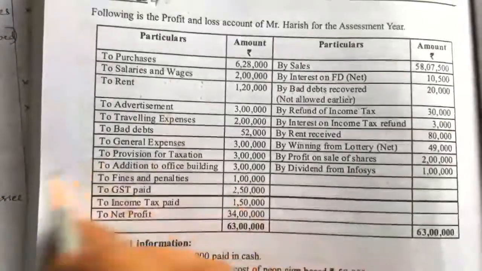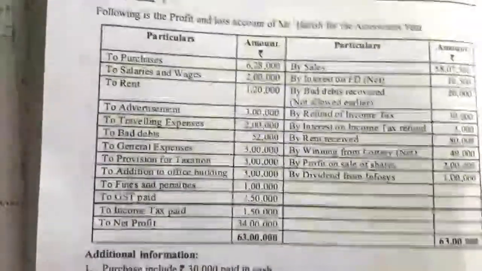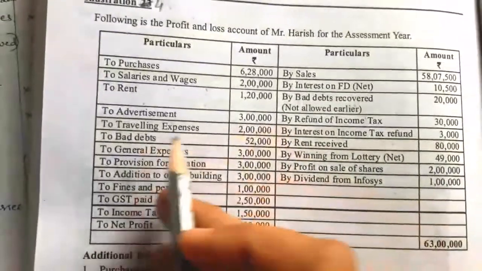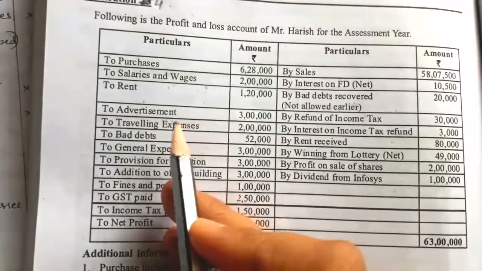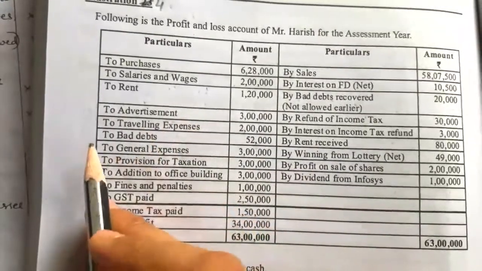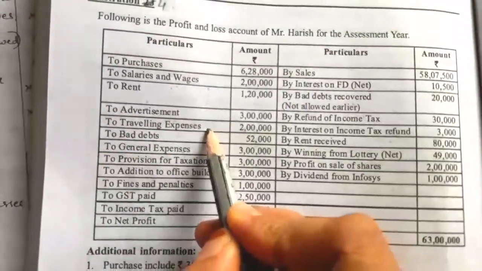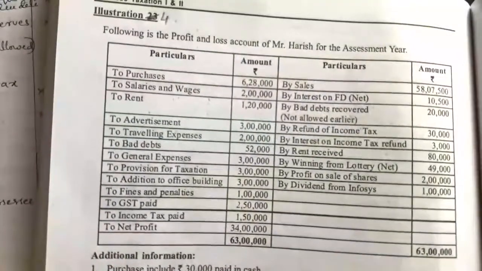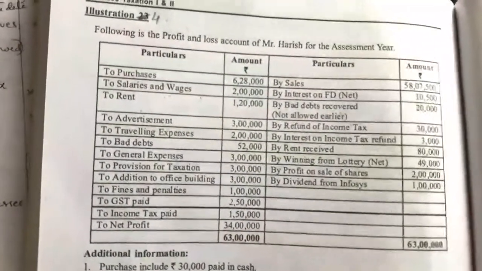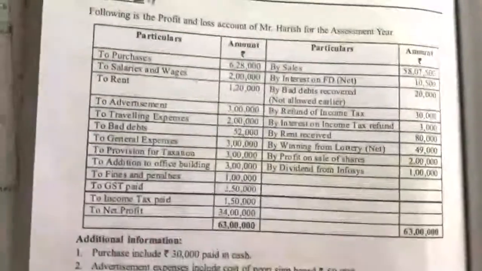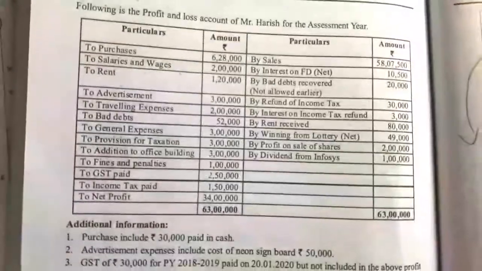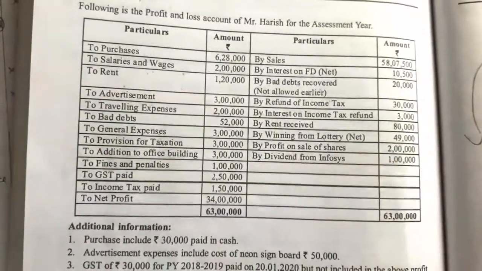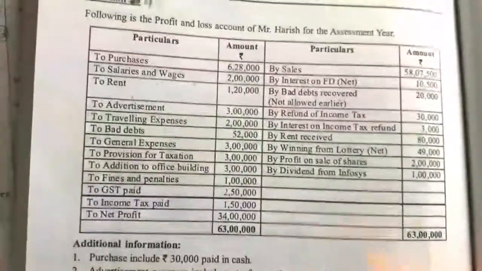Then advertisement. Every business has to incur advertisement expenses for encouraging their product to the customer. So advertisement is an allowed business expense. Then traveling expenses are also treated as allowed business expenses. If this traveling is used for personal use, then it is disallowed. If no other information is given, then we have to take it as an allowed business expense, assuming the traveling is entirely used for official purposes.